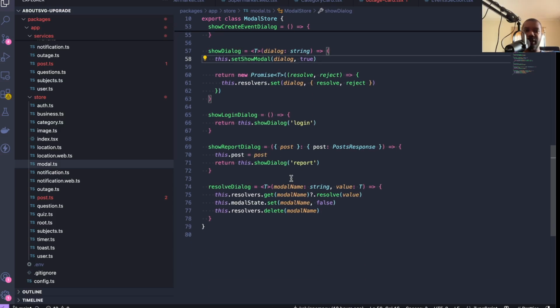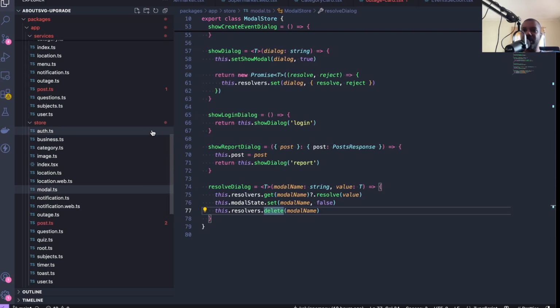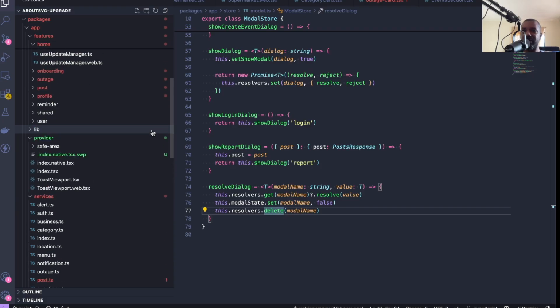And we also have a resolve dialog function where we retrieve the resolver from our map, we set the state to false, and we delete it. And I'll have a look at where we resolve the modal. So that would be in the